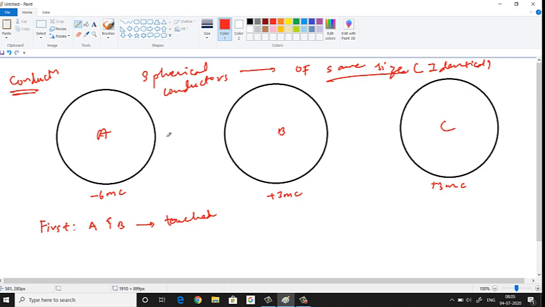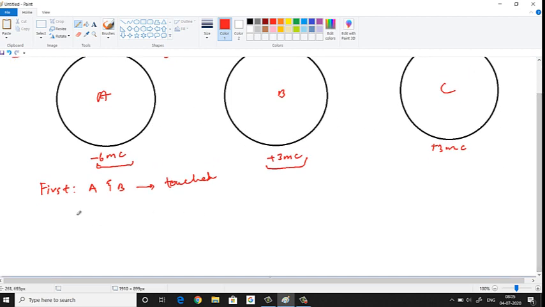So when we touch, which objects, by the way, we use this only for conductors, right? We use it only for conductors. So when we touch A and B, some charge redistribution is going to happen. That means some charge from B is going to go to A, from A is going to go to B, right? And then finally they end up getting some net charge, both A and B. Basically, if initially the charge of A is -6, B is 3, after they touch each other, the charge may change on A and B. Okay, we'll see how to calculate that.